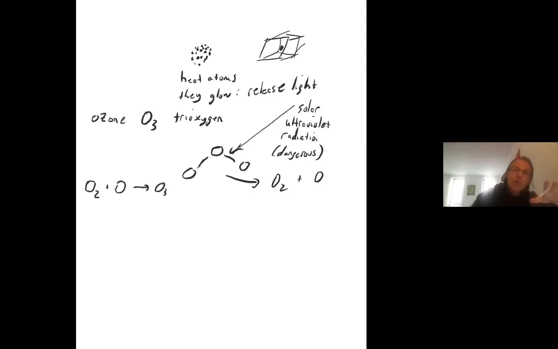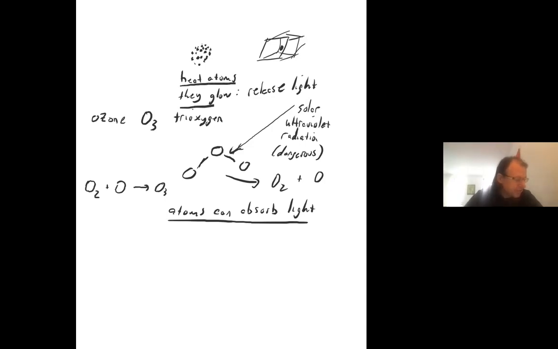My point of this is that atoms can absorb radiation as well. So atoms can absorb light. So two things. If you heat atoms, they glow, which means they're releasing light. And if you send light in, they can absorb the light. So that is something that's different than this box. In this box that we're rattling around, we don't have a way to send light through the box to study it. But in the real world, we do, right?